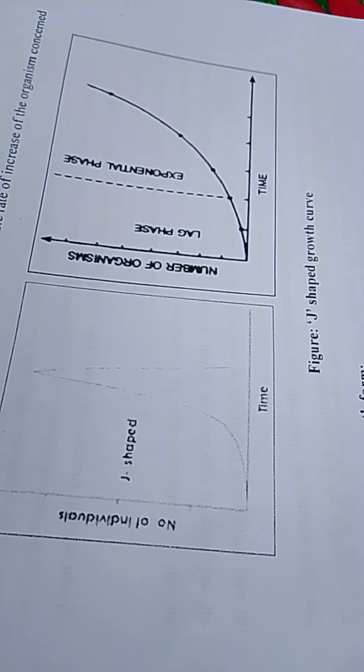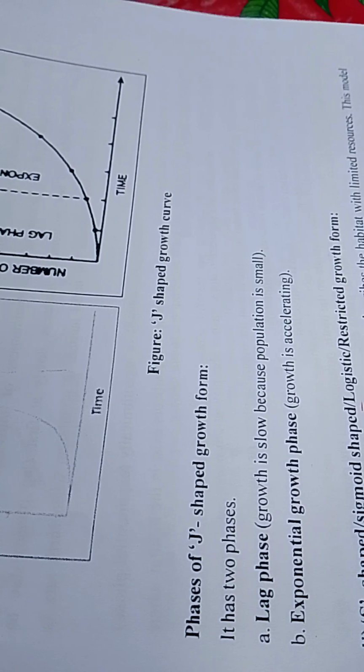J shape: lag phase, exponential phase. Phases of J-shaped growth form. It has two phases. Lag phase: growth is slow because population is small. Exponential growth phase: growth is accelerating. 2 নম্বরটা হচ্ছে S শেপ অর সিগময়েড শেপ লজিস্টিক রেস্ট্রিক্টেড গ্রোথ ফর্ম।